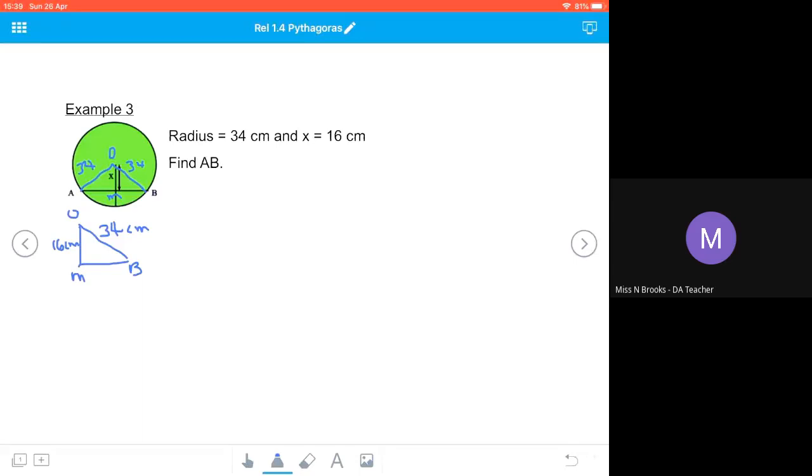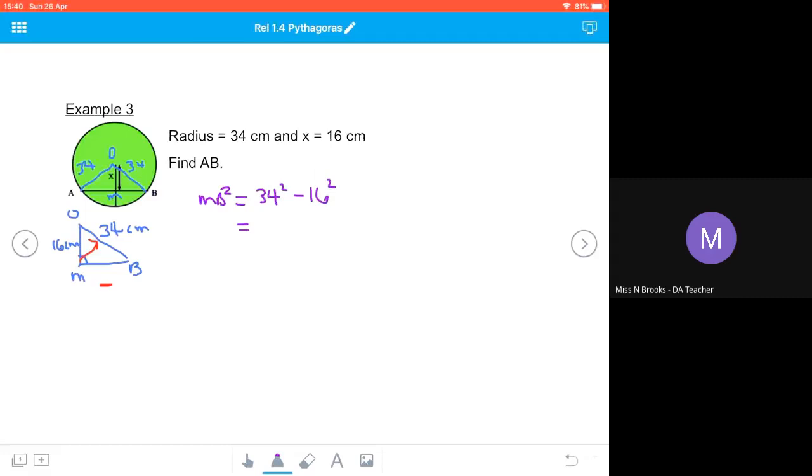So, marking my right angle, I'm going to draw an arrow from the right angle to the long side. And I can see that I have a value on my long side. So again, I know I'm going to be subtracting. So MB squared is going to equal 34 squared, because that's my long side, take away 16 squared. And that gives me a value of